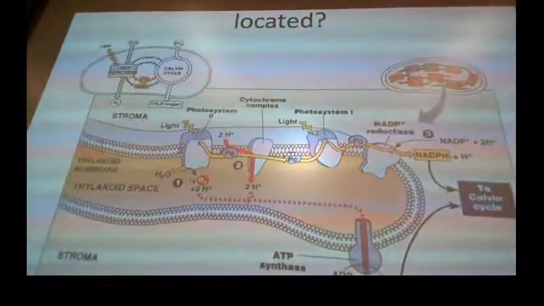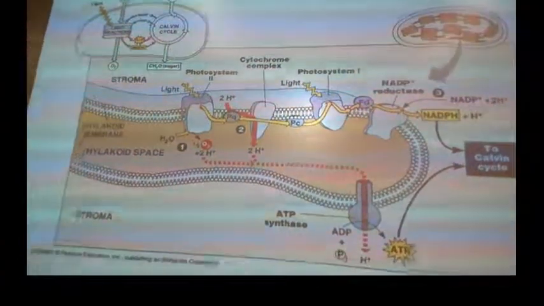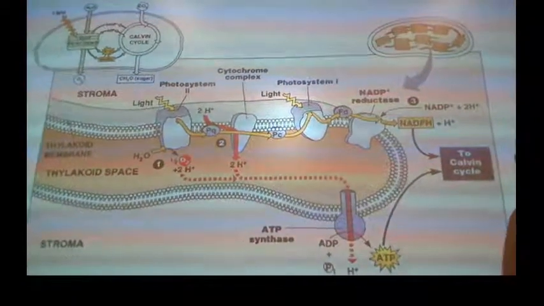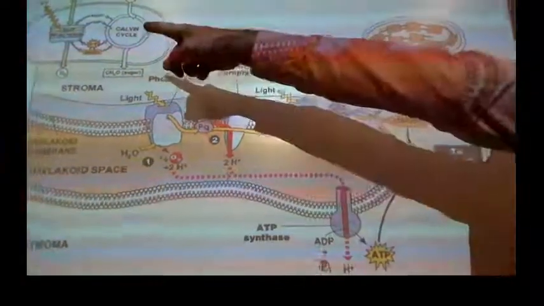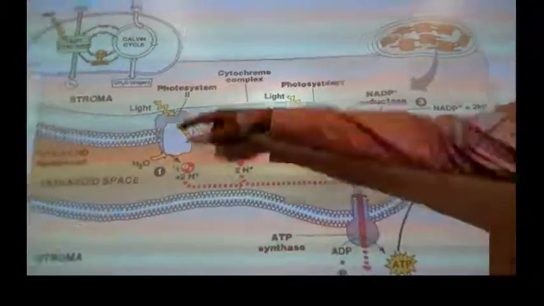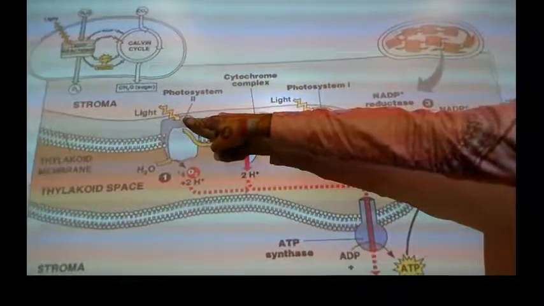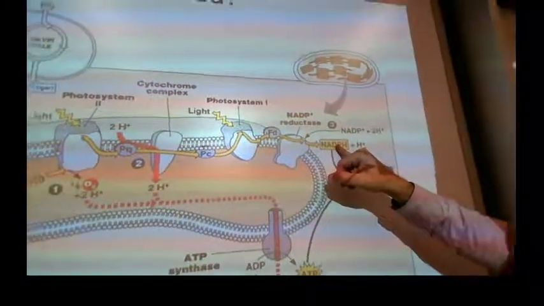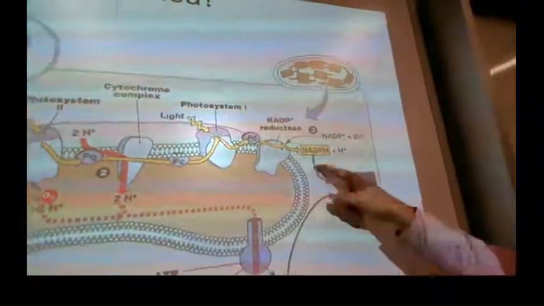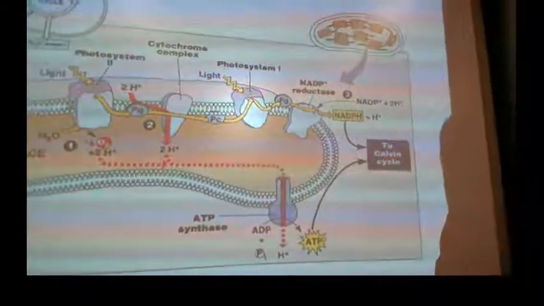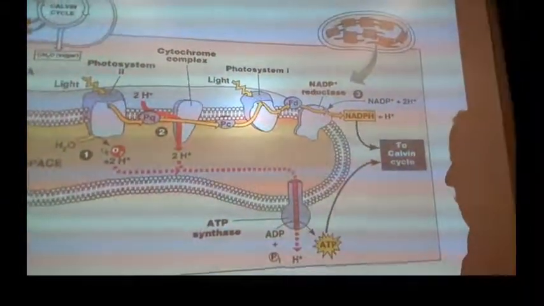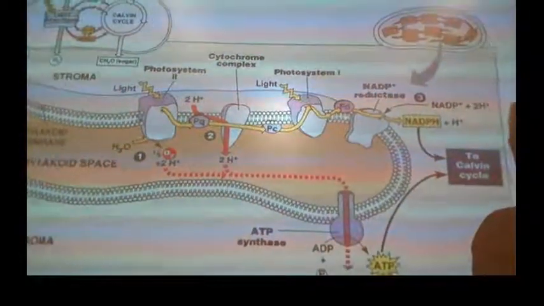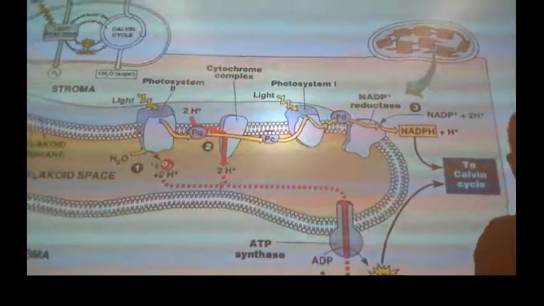So the whole point, and I know that there's a lot going on here and it can be a little bit difficult, but the whole point of this process of photosynthesis, the light-dependent reactions, is to take energy from the sun to create NADPH and ATP, which can then be sent to the Calvin cycle. Now there becomes an issue. There is an issue with this. The issue is,